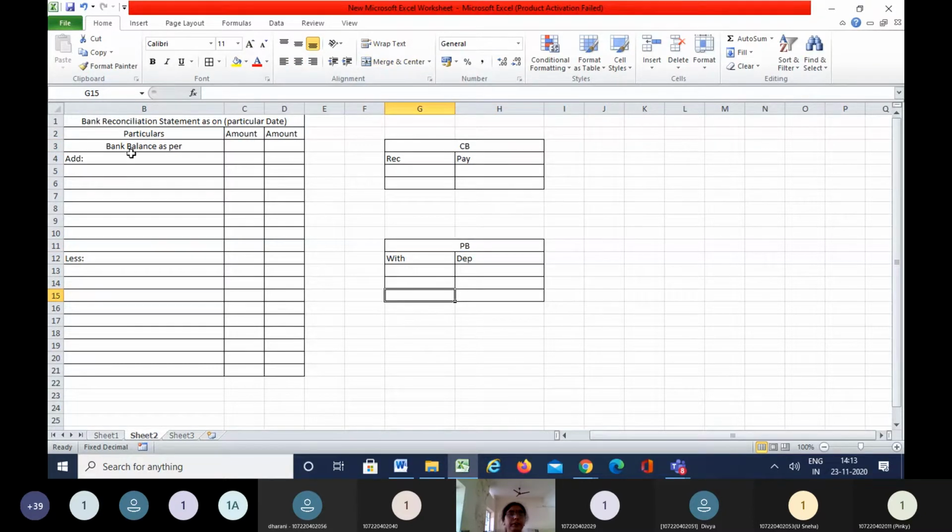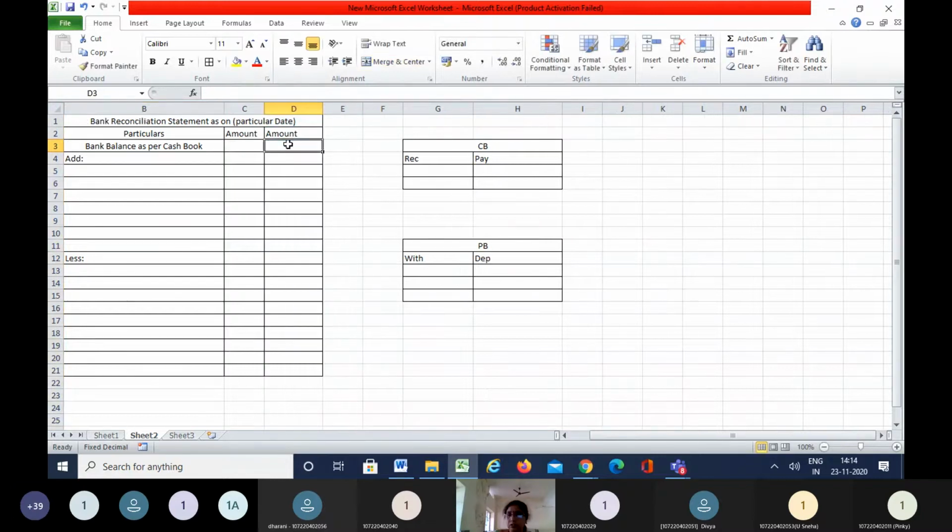Now, for example, bank balance as per a given book. Let us understand whatever differences we have discussed in the previous class. Let us go with the cash book. Over here I'm taking the bank balance as per the cash book as 20,000 rupees. Now the first transaction, transaction number 1, is checks issued